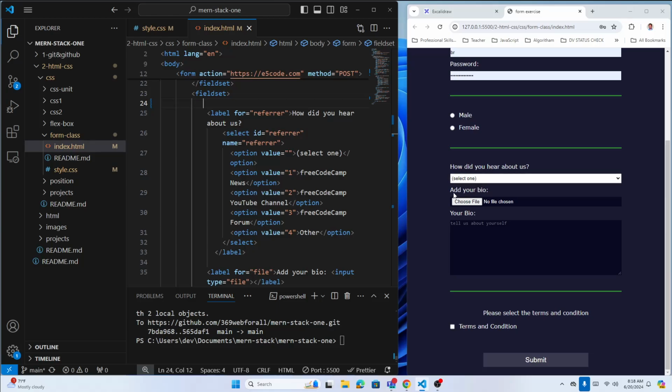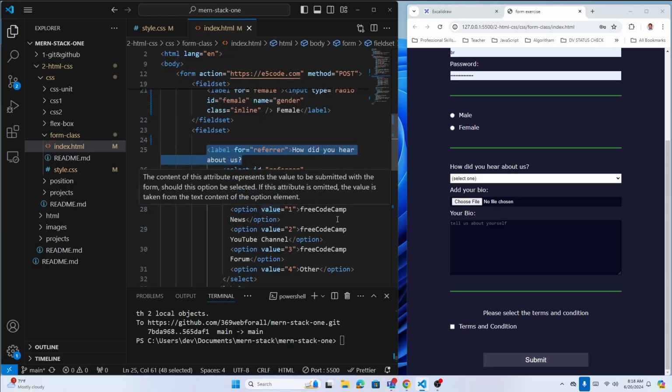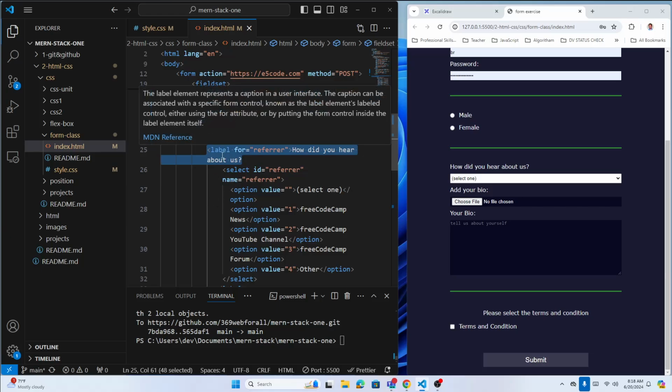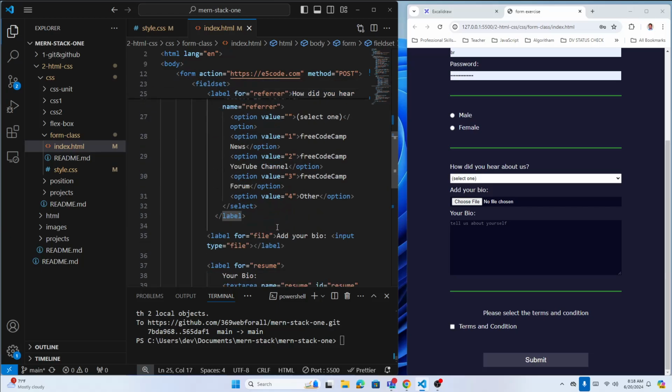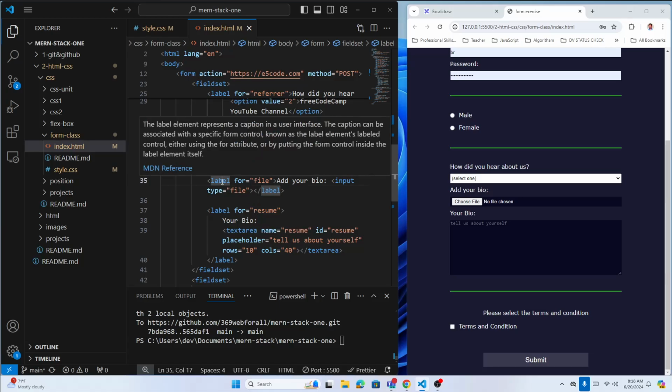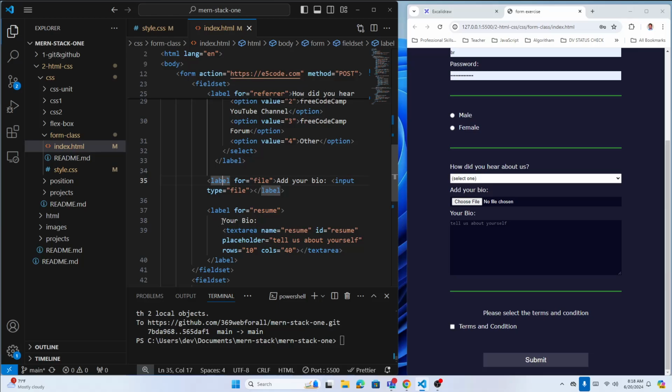If you want to separate from this label, this is the first label, and the second label here for the file. And then you have this also, resume. So how can we do that? If this is okay, that's fine. If not, if you want to have some space,